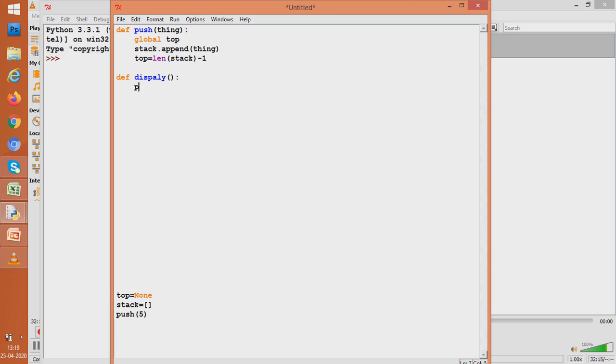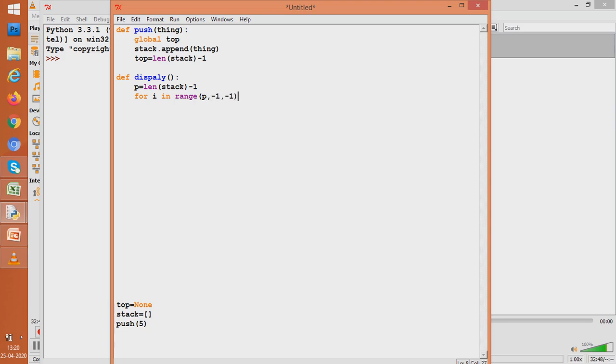So we would write this code. Let us write this. Len is equal to stack. So we have p is equal to len of stack minus 1. What does p get? The subscript number of the topmost value kept in the stack. Now I'll write for I in range p comma minus 1 comma minus 1.